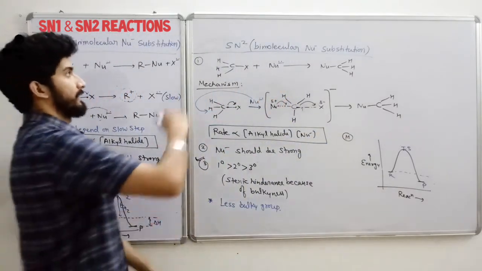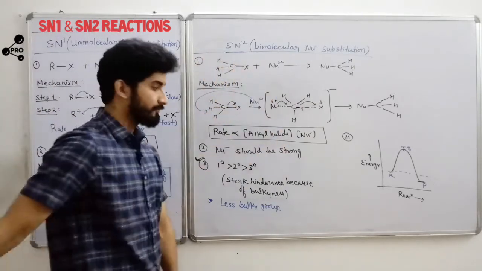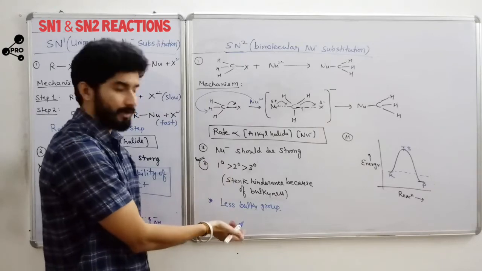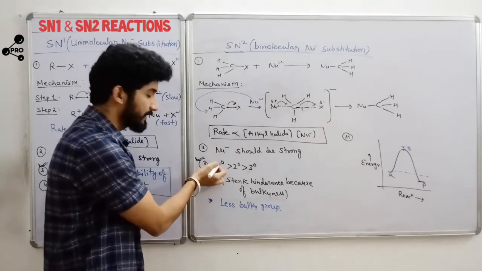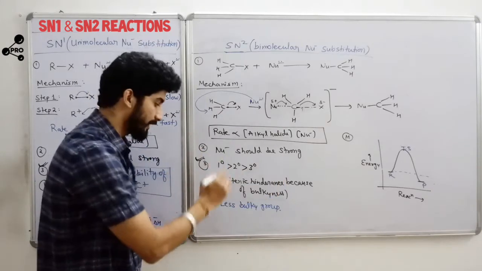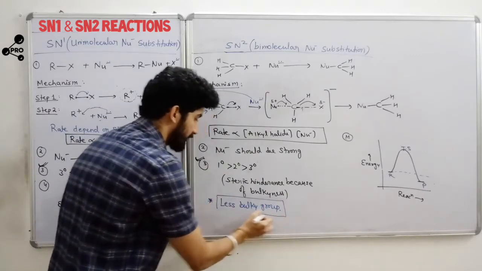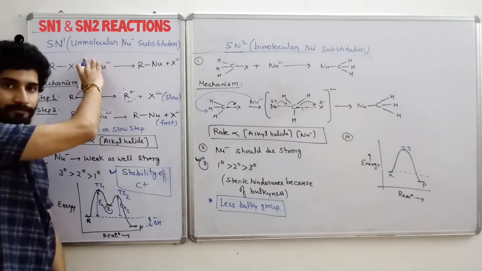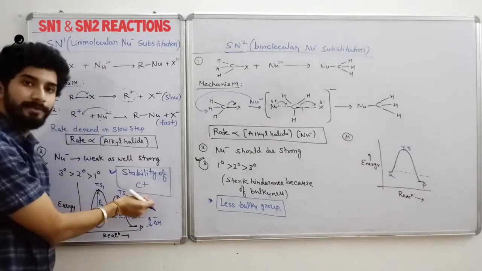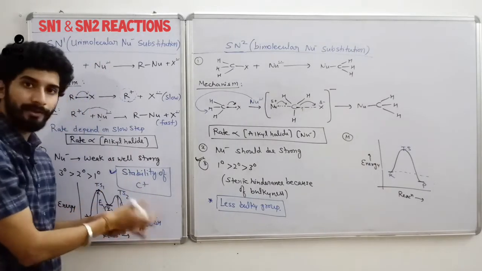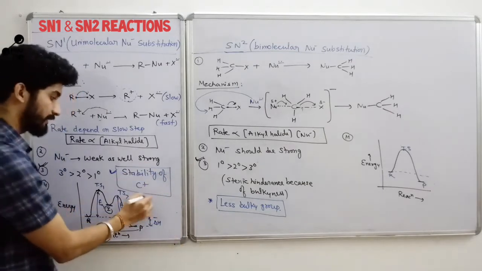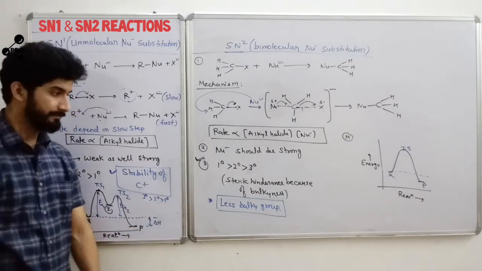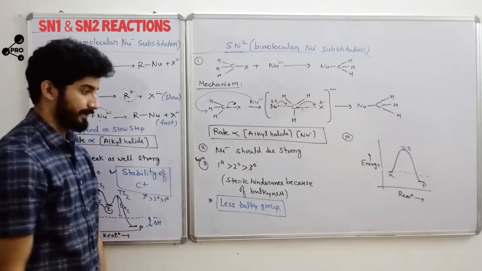Alright, but when we talk about the SN2 reaction, first of all it is not the stability of carbocation, because 1 degree is more reactive. So we have to see the less bulky groups. This is the main concept. While talking about SN1 mechanism, we always see the stability of carbocation. The more stable the carbocation, the more reactive, and we know that 3 degree is more stable than 2 degree, which is more stable than 1 degree, which is more stable than methyl carbocation.